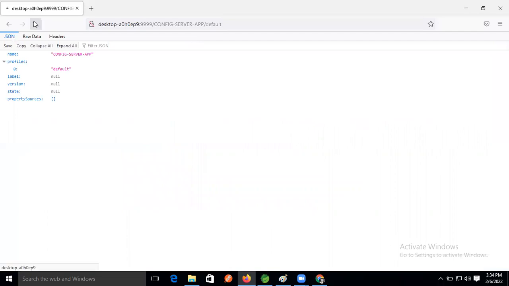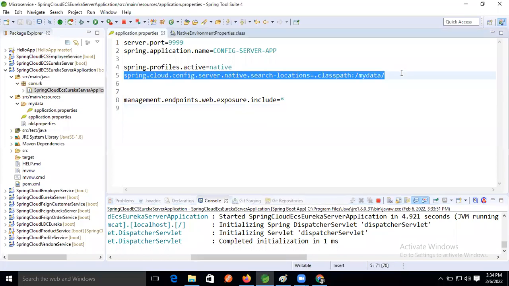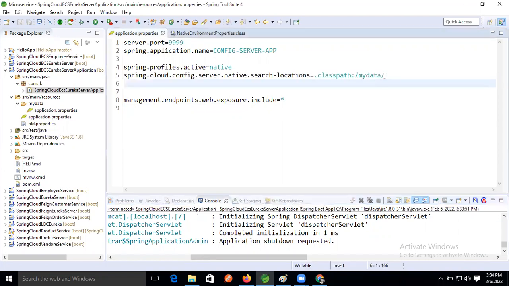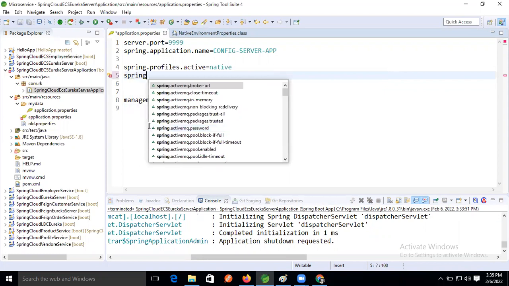I think path, Ravi. Something missing is there, guys. Okay, so what is the missing? This key is giving us problem, right? Otherwise, use the spring dot config location, Ravi. One minute. Instead of this key, we can use the spring dot config location. Okay, let's see that. Which one is spring dot config location, right?